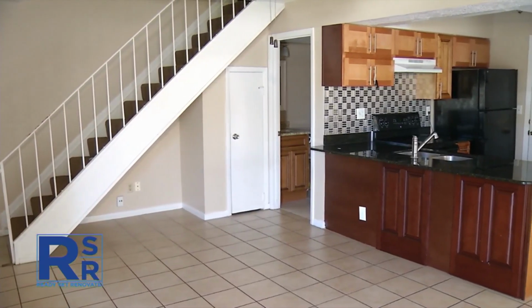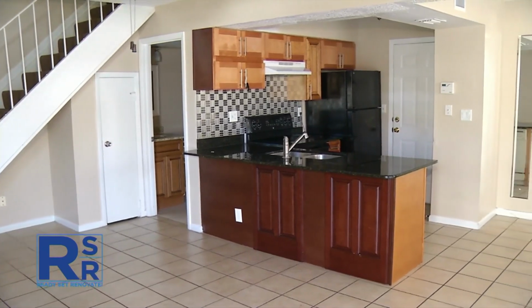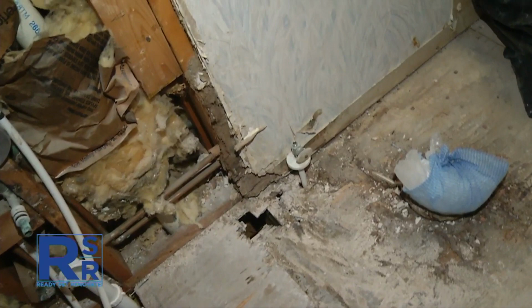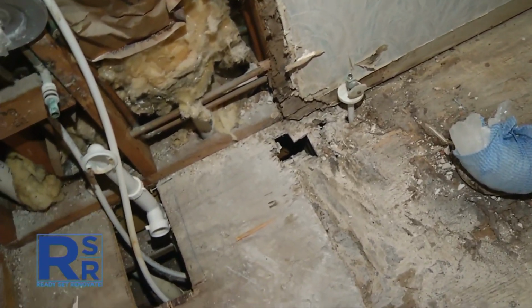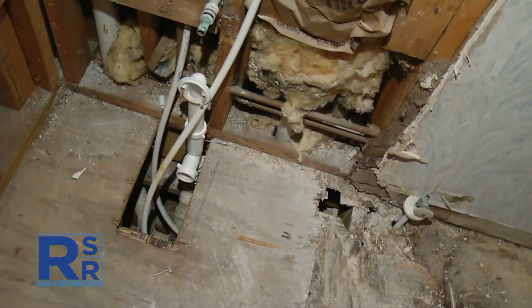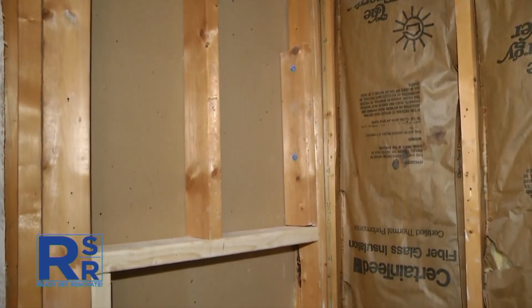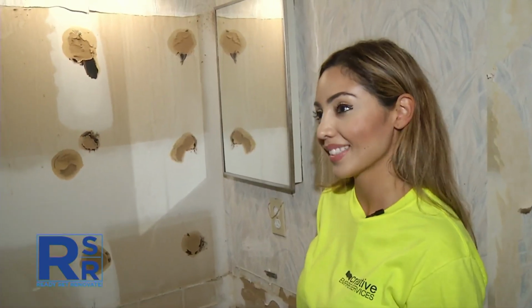The property was built in the early 80s and overall was in good condition. But during demo, the team uncovered a problem in the master bathroom. Now I see a little bit of damage here to the subfloor. Is this anything that has to be replaced? It sure does, Elizabeth. So what we're going to do, we have our guys that already have the material, and as soon as we're done with some of the framing here, we're actually going to repair all of that as well. The water damage cost a few days and a few dollars, but Elizabeth was able to finish the renovation